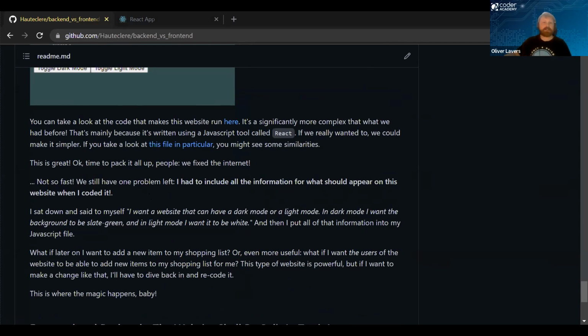I sat down and said, okay, well, I want a website. It's going to have 4 dot points and a heading and 2 buttons. And when the buttons get clicked, I want it to either go into dark mode with a slate green background or light mode with a white background. That means everything that is involved in this website had to be set up in advance. And that is, again, not the most efficient thing.